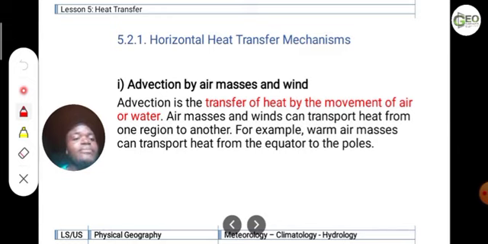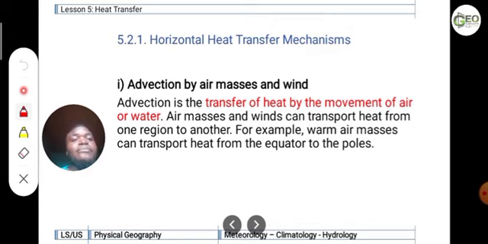For example, warm air masses can transport heat from the equator to the poles. Yes, this is one of the major ways by which heat can be transferred from one latitude to the other,